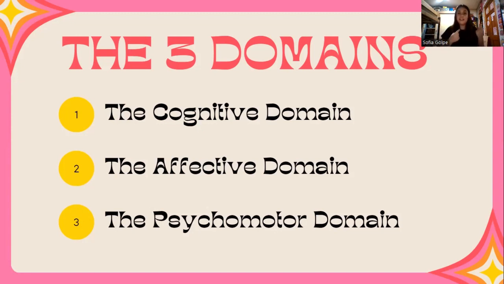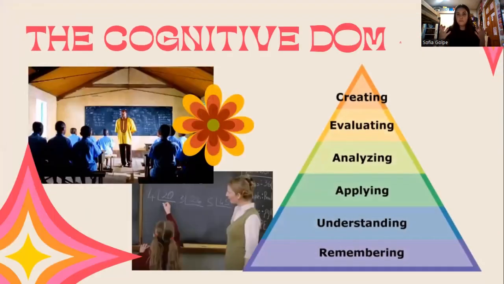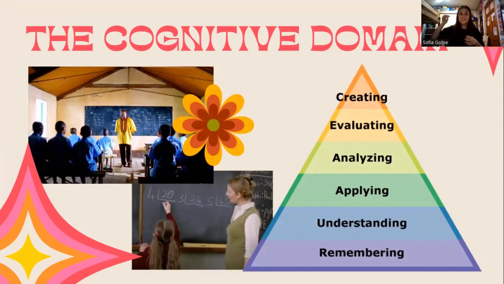Let's take a look at the first domain here, the cognitive domain. It's the one that's most common, most people talk about. It has 6 orders or levels: remembering, understanding, applying, analyzing, evaluating, and creating. It is concerned with how through different actions that students take towards the material that we present them with, they achieve different stages. So as teachers, we have to think, what stage do we want our students to achieve, and